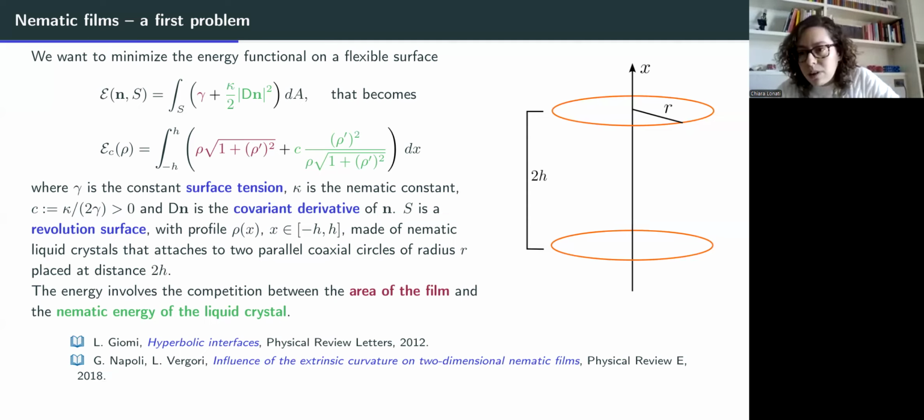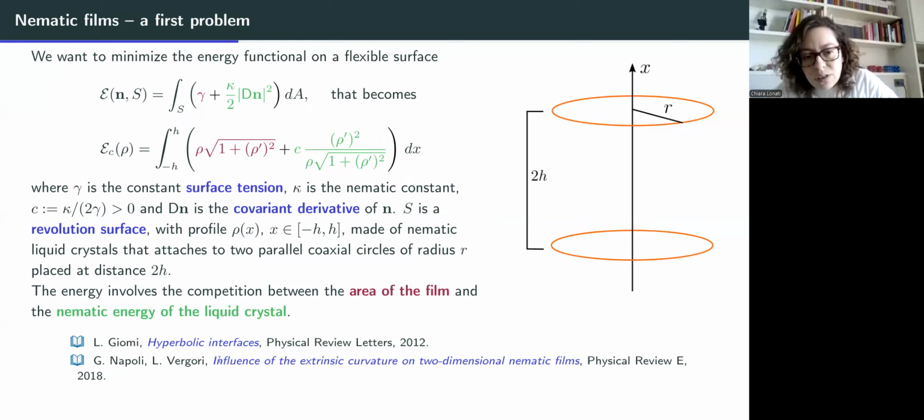So they just derive the Euler-Lagrange equation and see how the solutions of the Euler-Lagrange equation behave. Now, the main difference between the two works is the fact that in the first work, just the covariant derivative is considered, while in the second work we have also the presence of the extrinsic curvature term. And we will see that